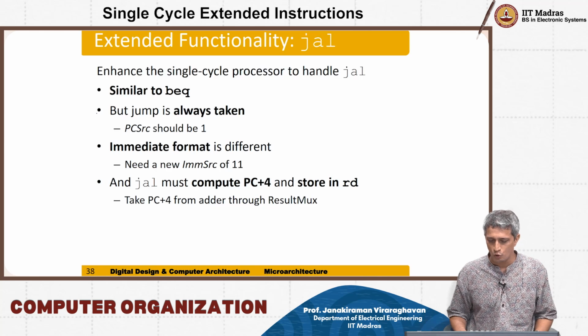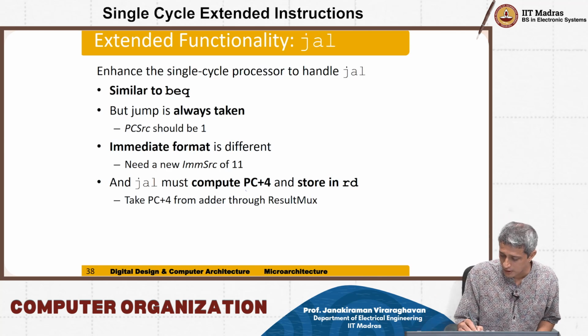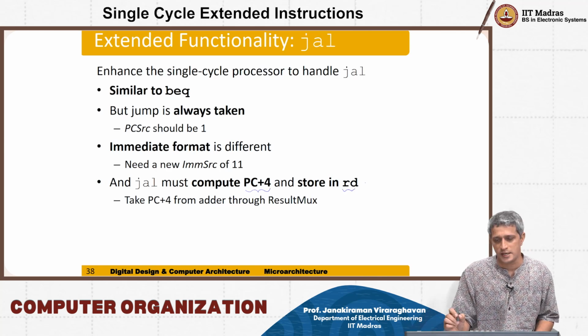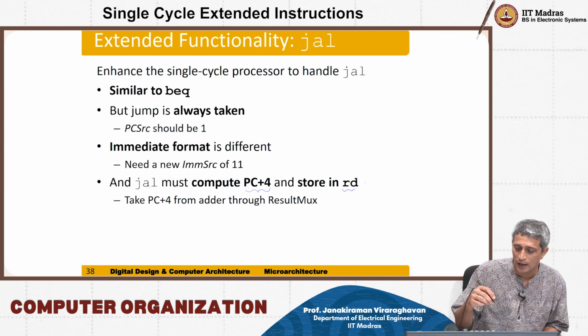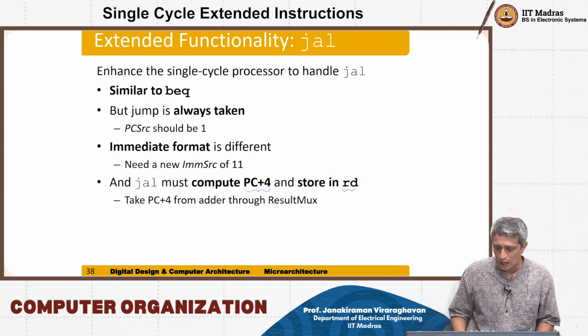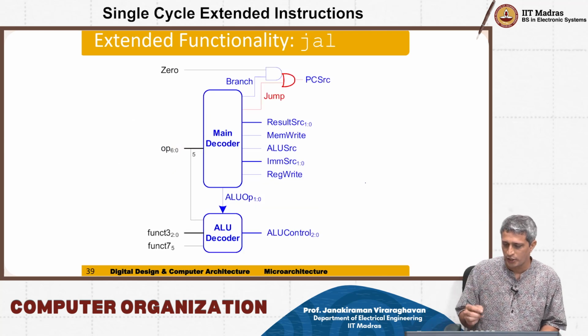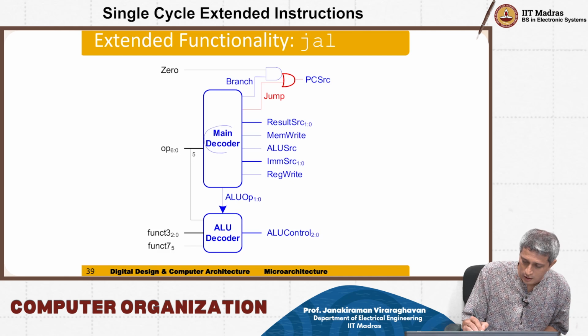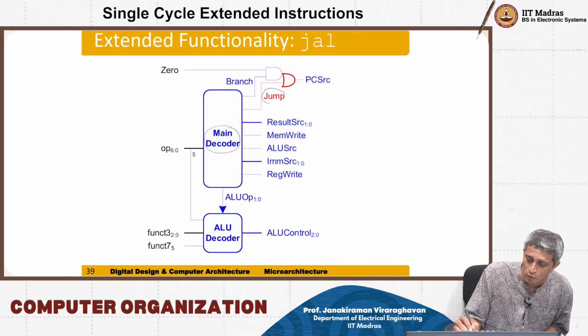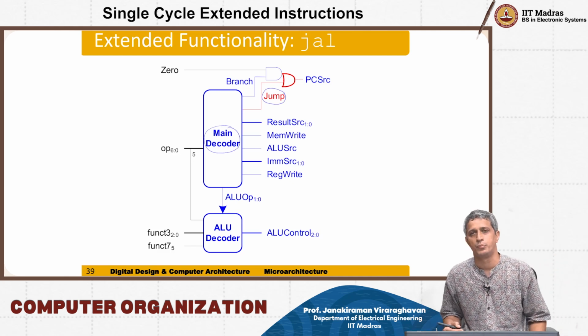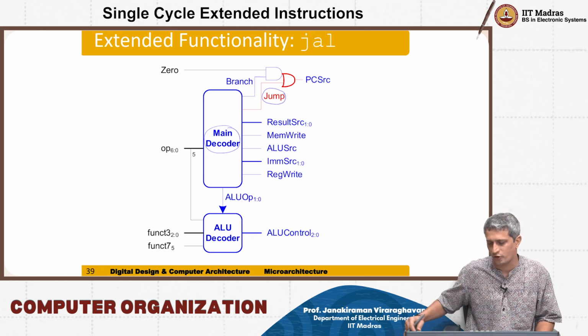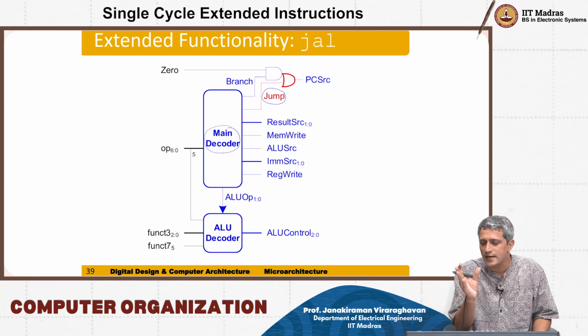So what we are going to do here is compute PC plus 4, store it in RD, right? And then we are going to take the jump branch. Okay, so here the main decoder, what we are going to do is we are going to add one more signal called jump. Okay, because this is a new instruction, this needs to do something slightly different from the branch